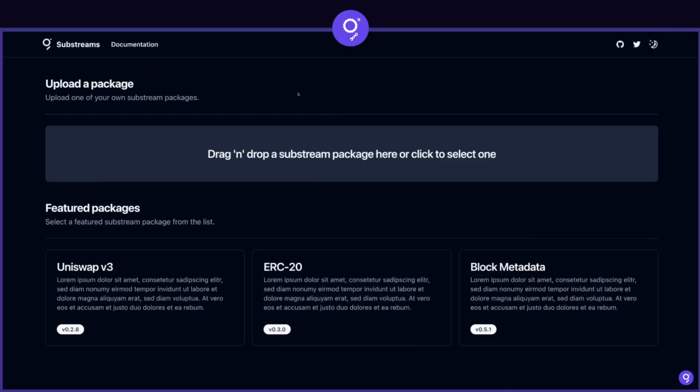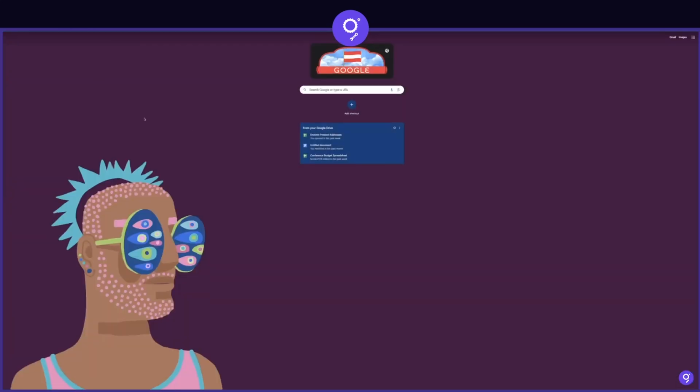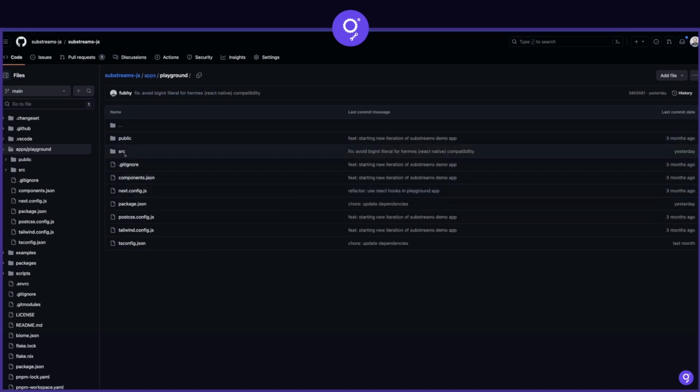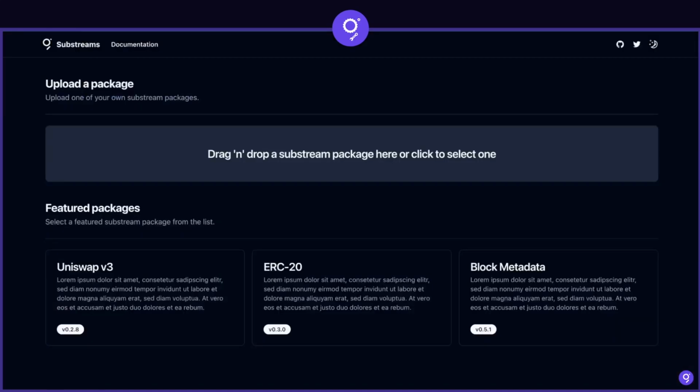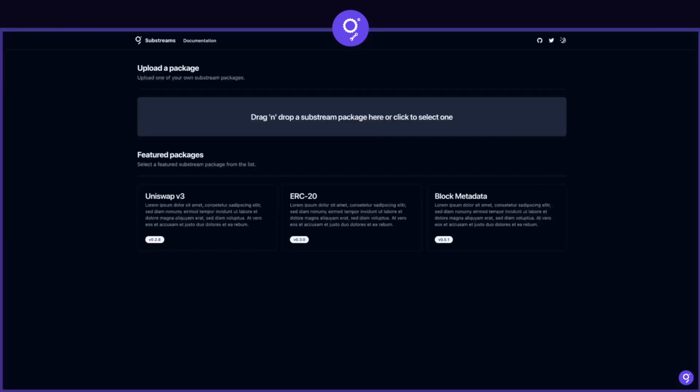In the browser, this is the demo of the deployed tool and open source code that I mentioned earlier. It's also available in the substreams.js repo as a tiny little playground. It's a Next.js project. You can run this locally and have it available on localhost 3000, as I have right now. But it's also deployed on substreams.vercel.app. And what this is simply here to